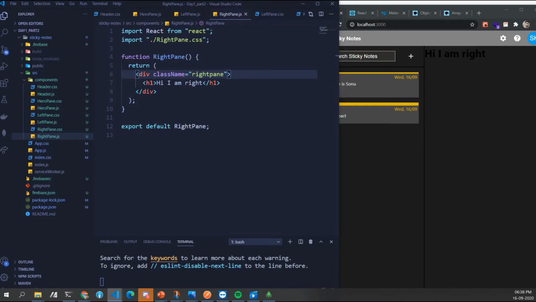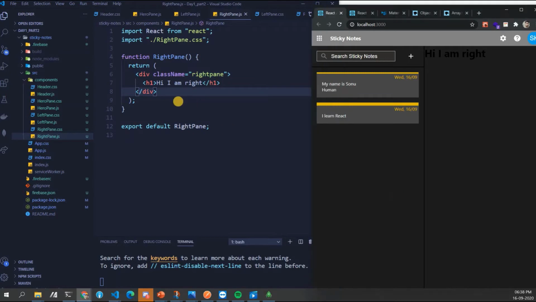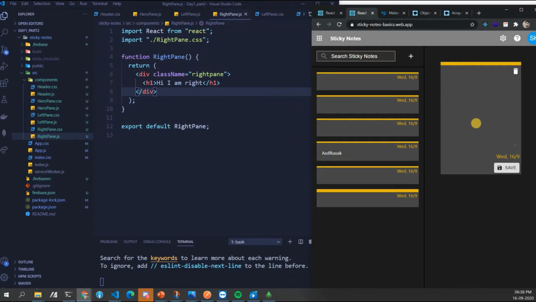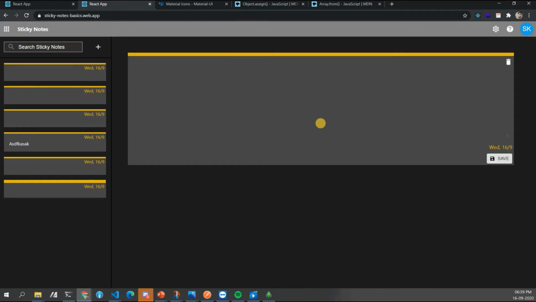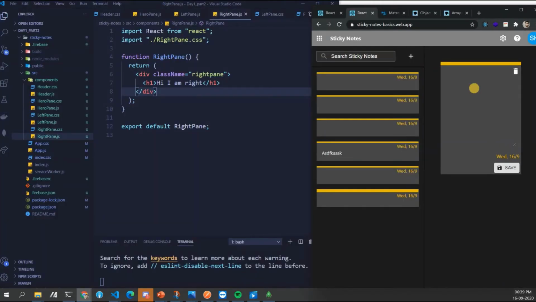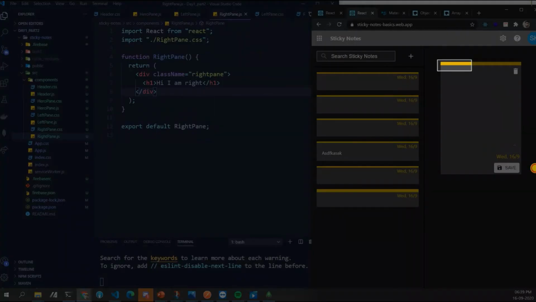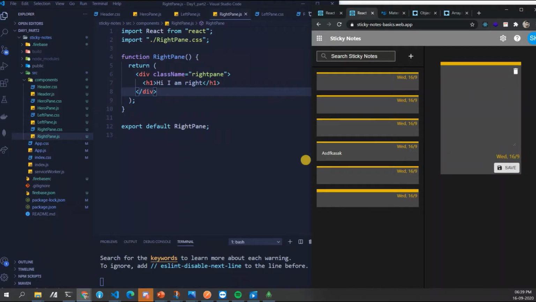So what do we see when we see the right content, the right pane? Here, what do we see, guys? In the right pane, what all things are there? Let's just imagine. Let me take a screenshot. The way we do it, we'll do it the same way. Always, the UI part of things we deal with like this. We always start like this.